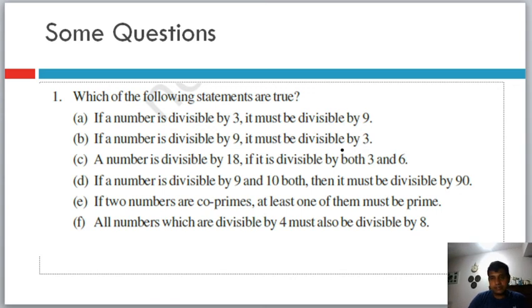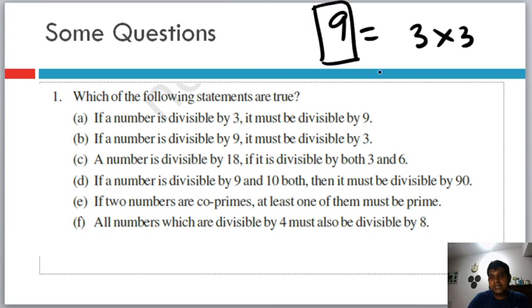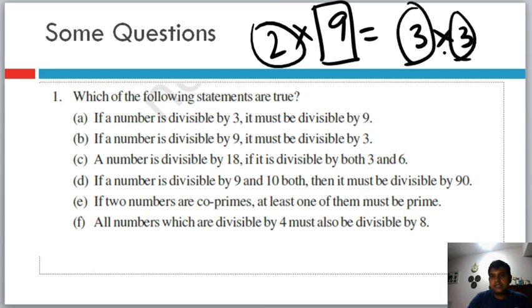See, and that's the second question. I'm sorry, I didn't see it. So the answer is true. See, what is 9 basically? 3 into 3, right? So if there is a number which is divisible by 9, which means it is 9 into something, okay? So it has to be divisible by 3 because there are two 3s in 9 in a multiplication form, and 3 is a factor of 9. Therefore whatever is the multiple of 9 will also be a multiple of the factor. So that is true. The first one is false.